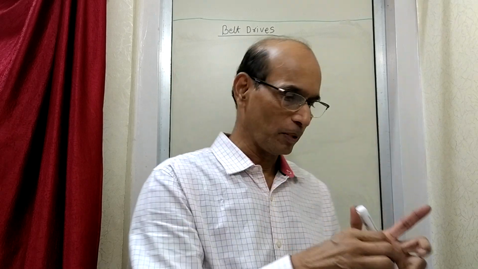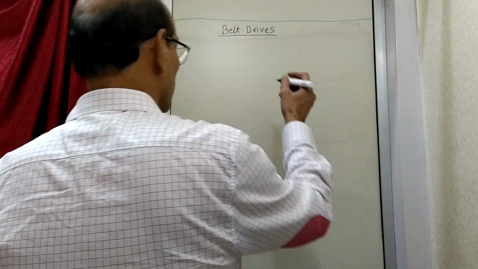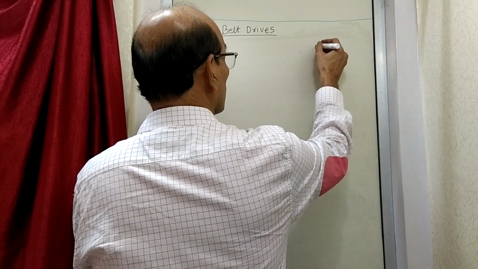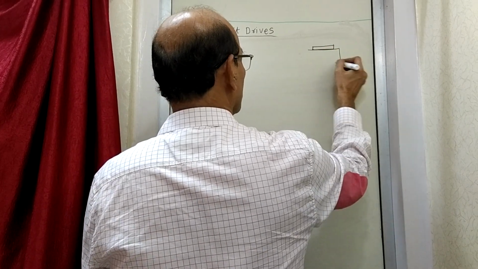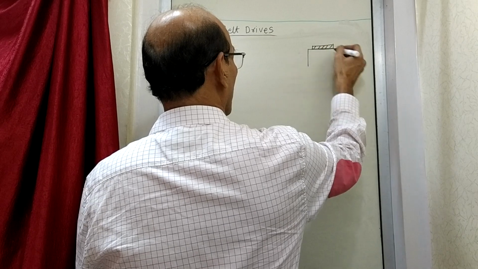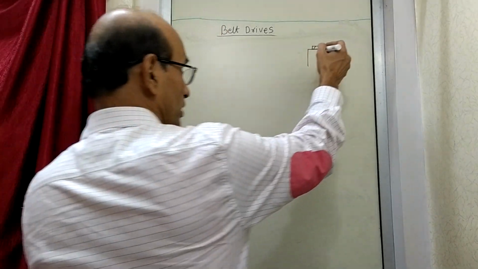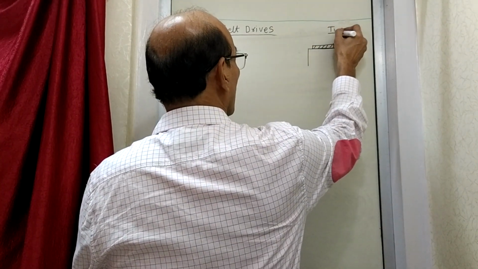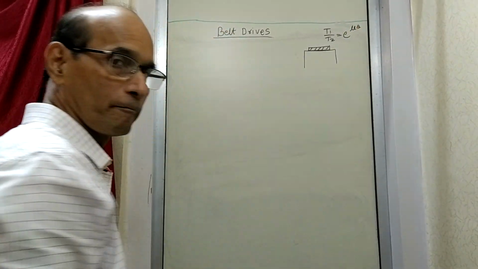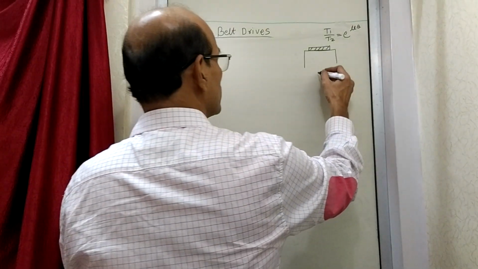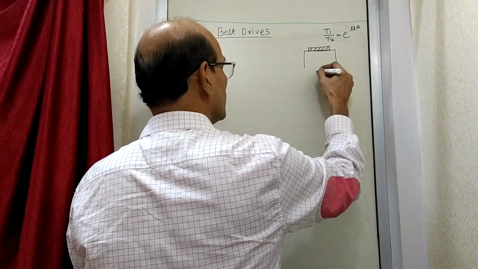Compared to the earlier example, so as I draw here, the flat belt we have drawn was like this, and this was the pulley, and we have found out the expression in the case of flat belt drive, T1 upon T2 is equal to e raised to mu theta. Now what we have to find out is what happens when the belt is of V shape